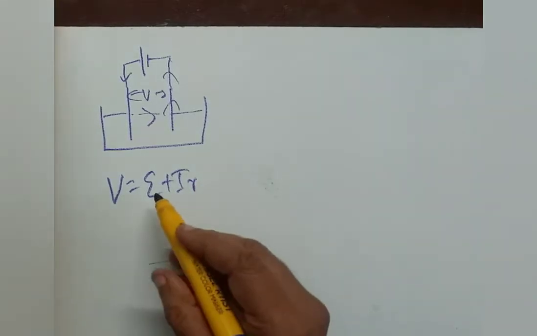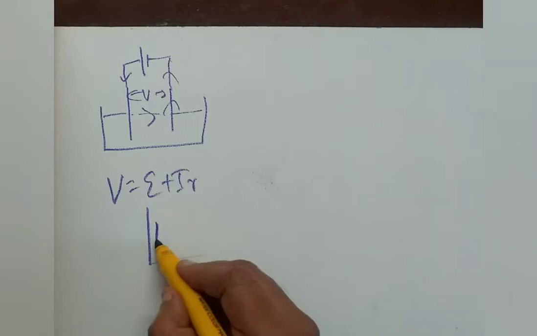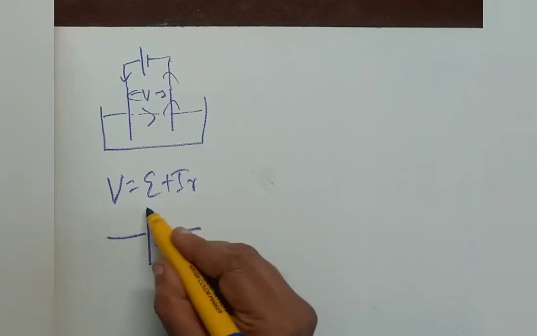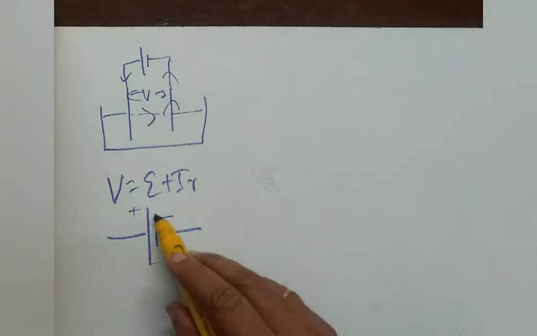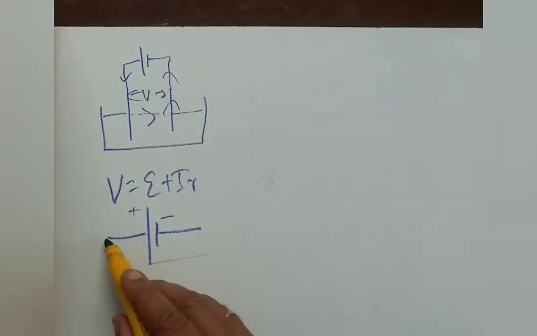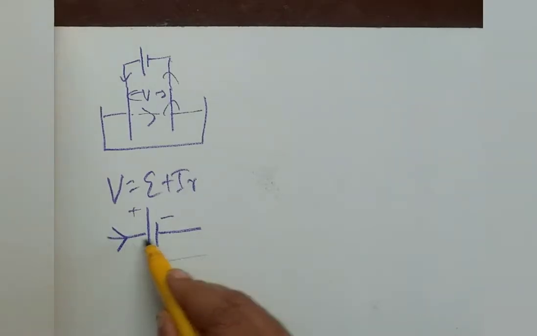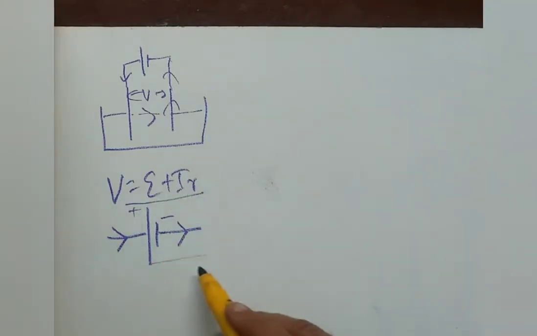That means when the cell is charged, symbolically we can write the cell like this: positive terminal larger length, negative terminal smaller length. This is the symbol of a cell or a battery. When current is pushed into the cell during charging, then terminal potential difference V equals